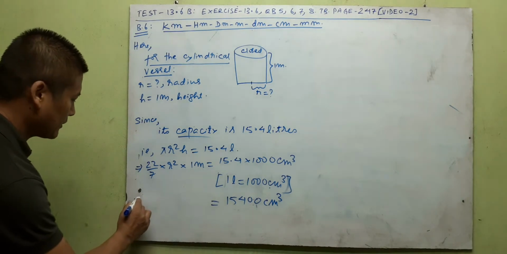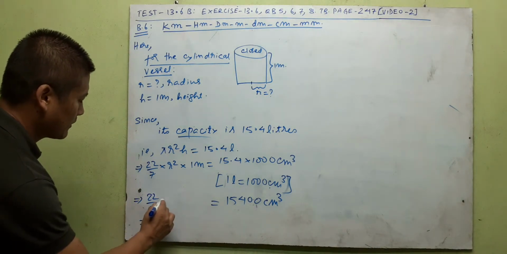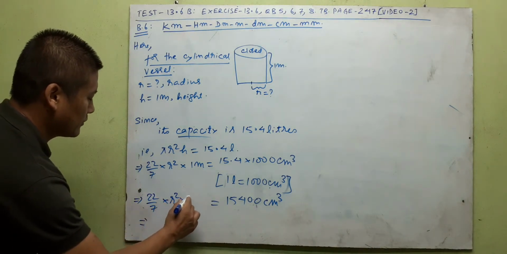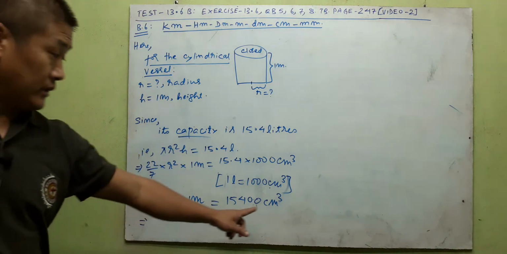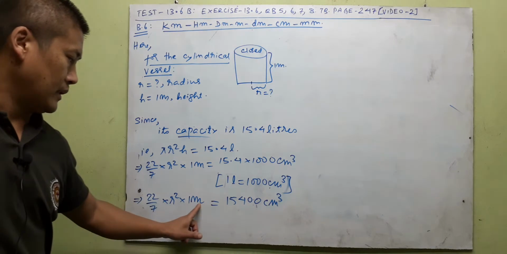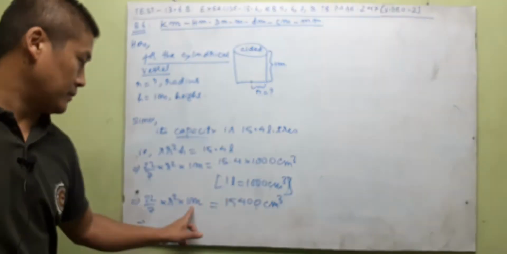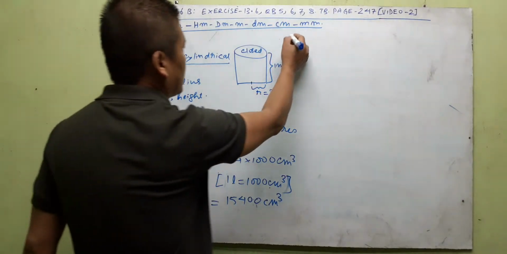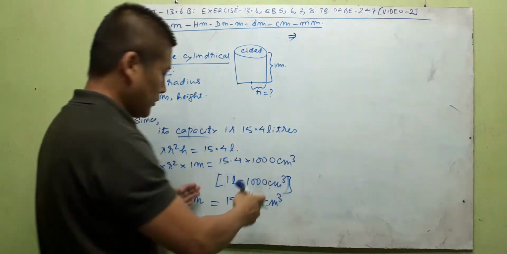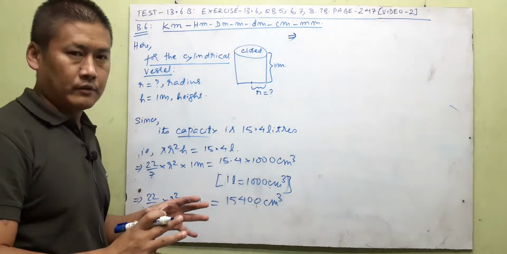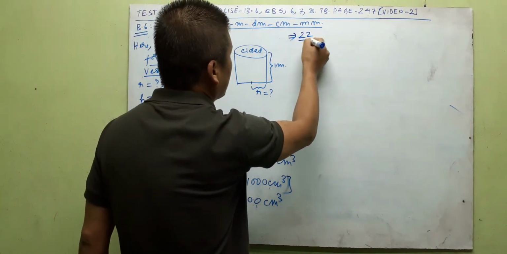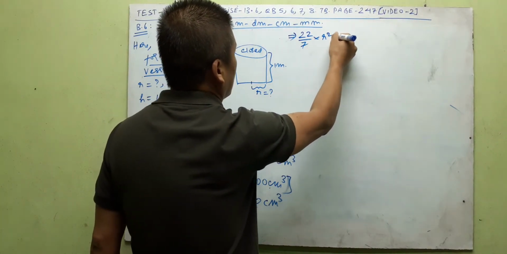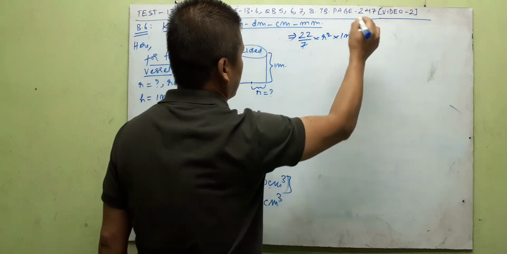And on the left side, 22 by 7 into r square into 1 meter. Still it doesn't match, you see. Centimeter cube needs to be changed to meter cube to match this meter. So let us do that. Then only can you simplify together, right? So 22 by 7 into r square into 1 meter is equal to